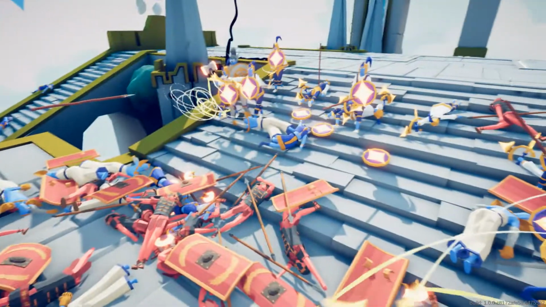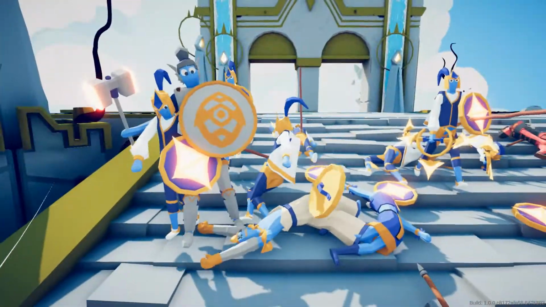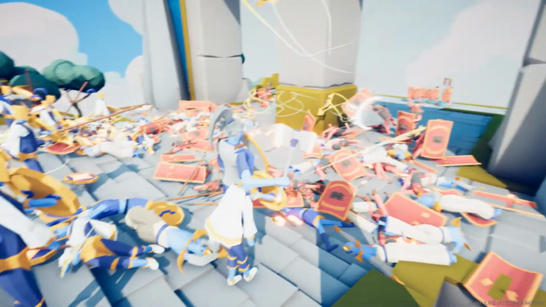Oh, Velite, his shield manages to block it. His shield does indeed block it. In goes another spear. Oh, hits him direct. Very nice indeed. Paladin, though, about to get involved. That's going to put a spanner in the works for these